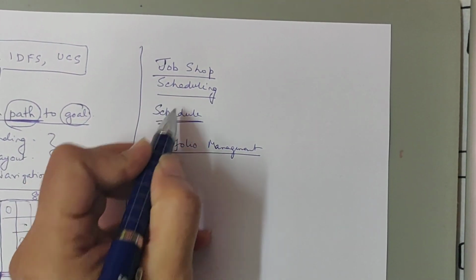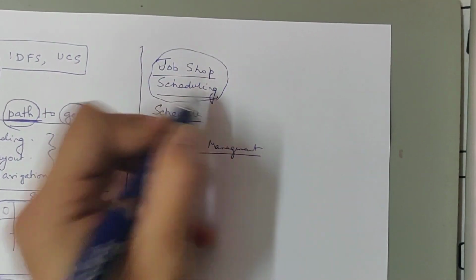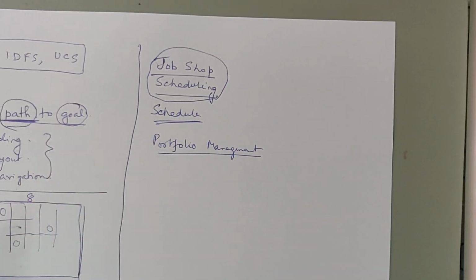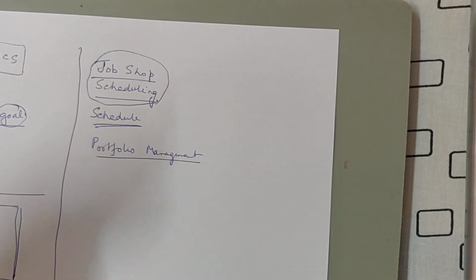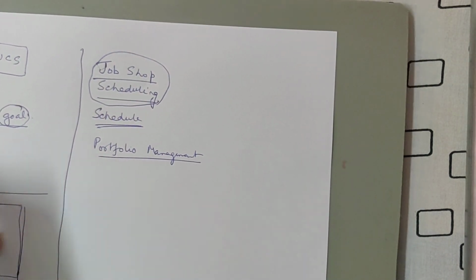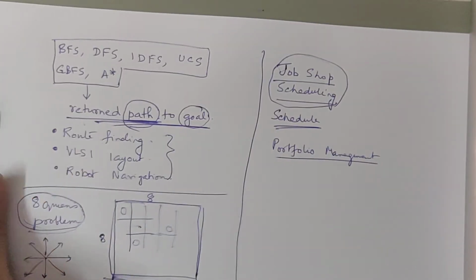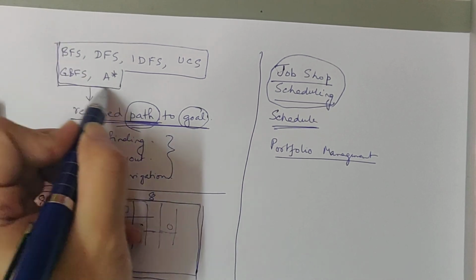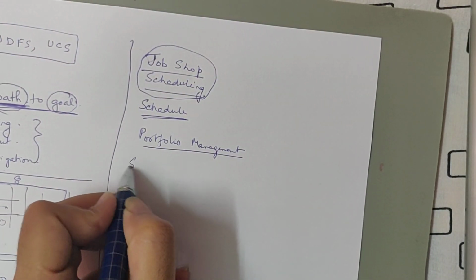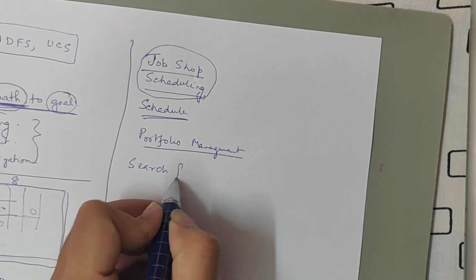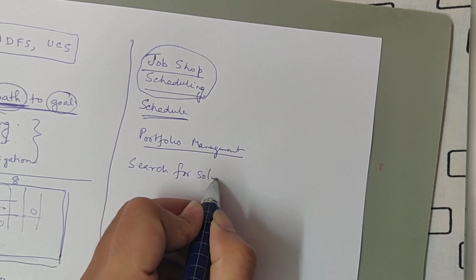These scheduling types of algorithms are in general all applications of this type of search problem. Searching for this was actually searching for a path. This type of algorithm was searching for a path. Now we have come to a different class of algorithms in which we are searching for the solution itself.